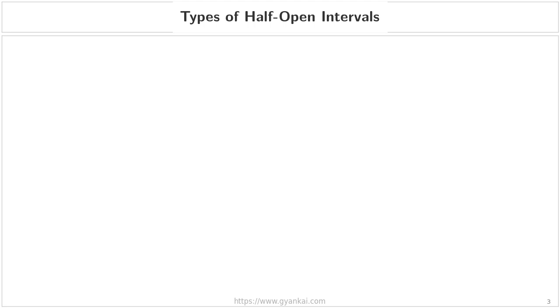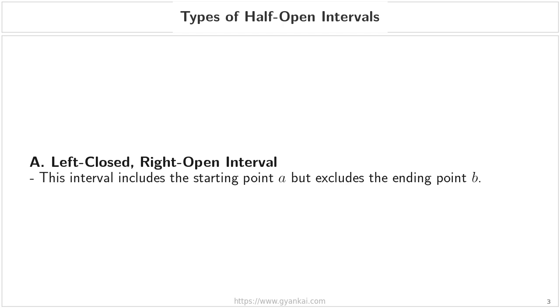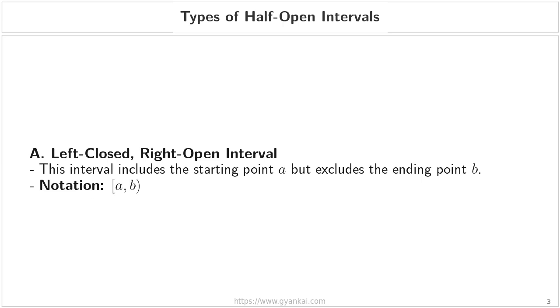Types of half-open intervals. Now that we understand the basic difference between square brackets and parentheses, let's look at our first specific type of half-interval. First, we have what we call a left-closed, right-open interval. As the name suggests, this interval is closed on the left side, meaning it includes the starting point, which we'll call A. However, it is open on the right side, meaning it excludes the ending point, which we'll call B. In terms of notation, we write this as an opening square bracket, followed by A, then a comma, then B, and